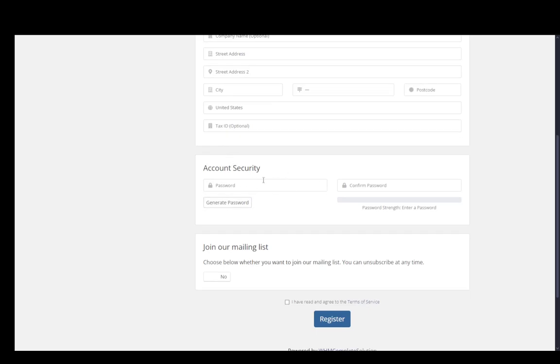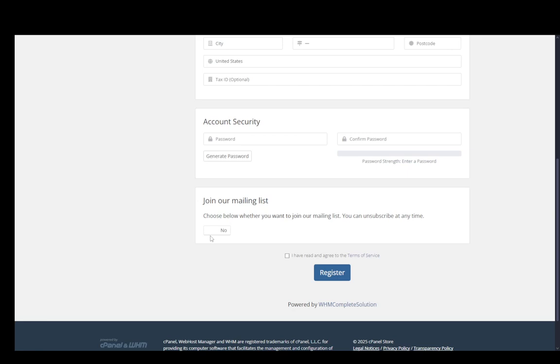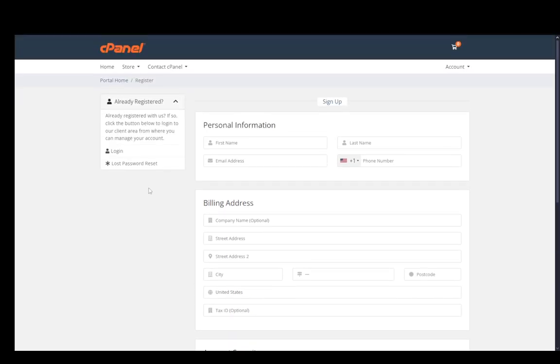Then you need to generate a password or create one yourself, and you can select whether you want to choose to join the mailing list or not. I would just recommend against it, simply because, well, it can give you a lot of spam on your email account. And then once you fill out all that information, you can just click register, and that will create your